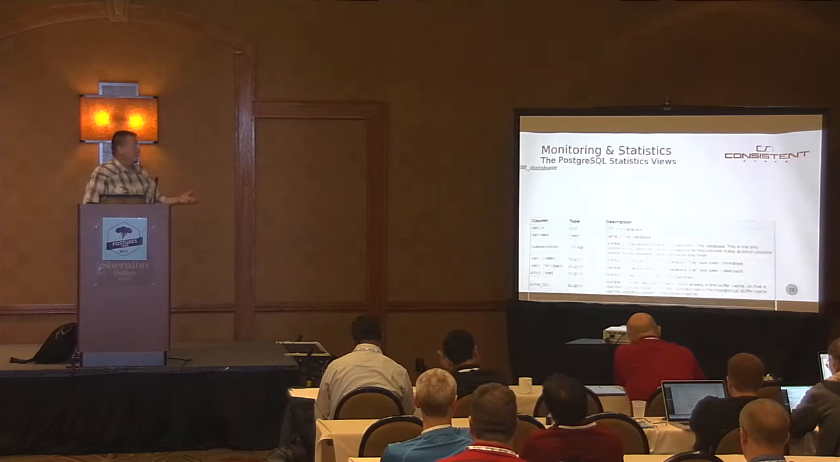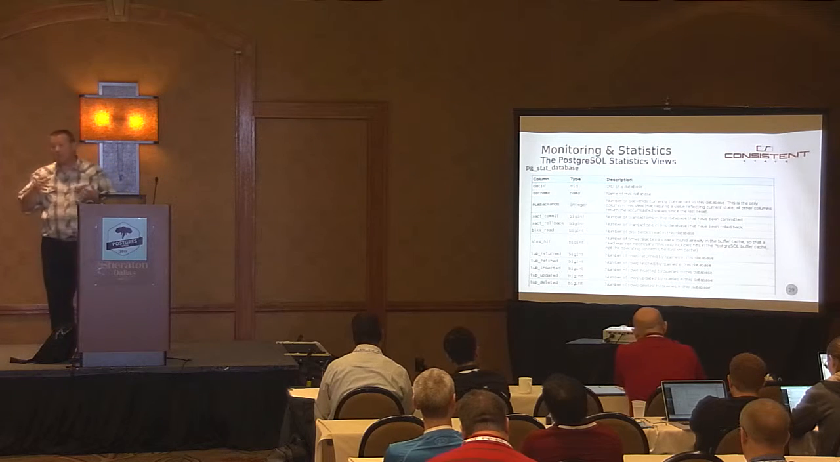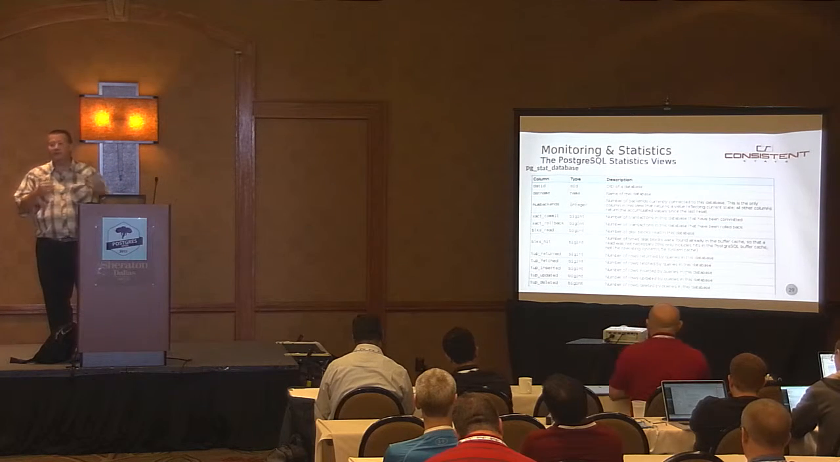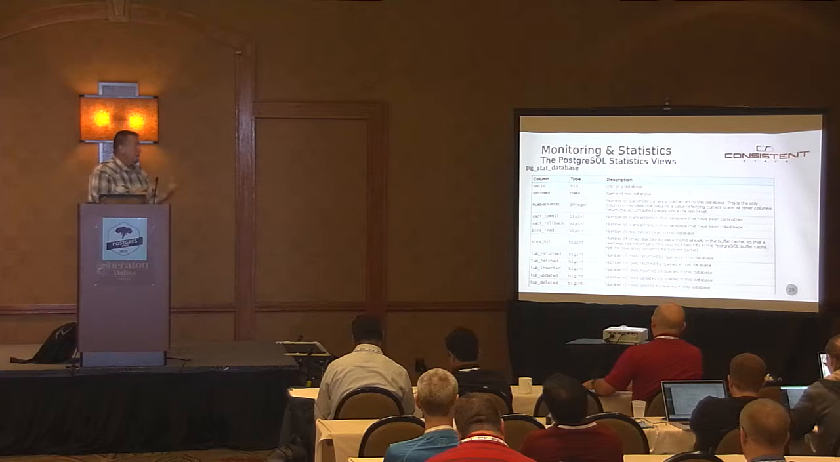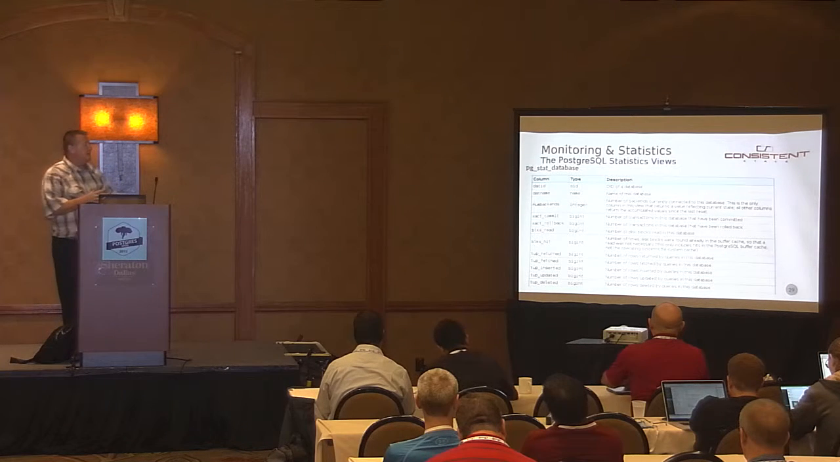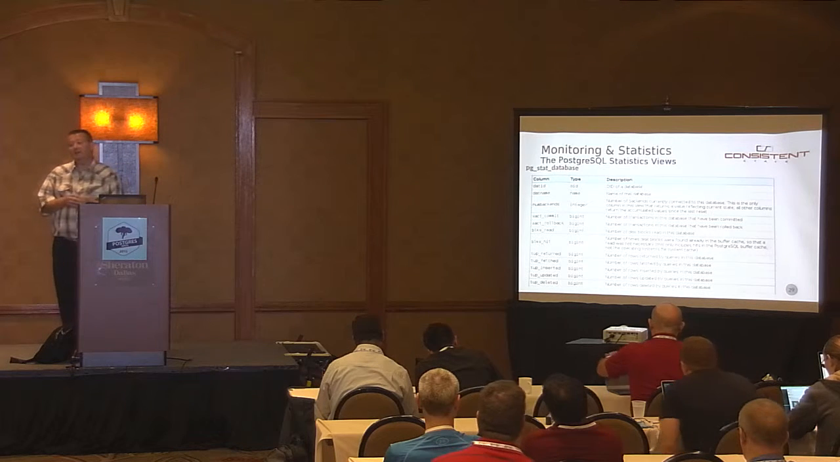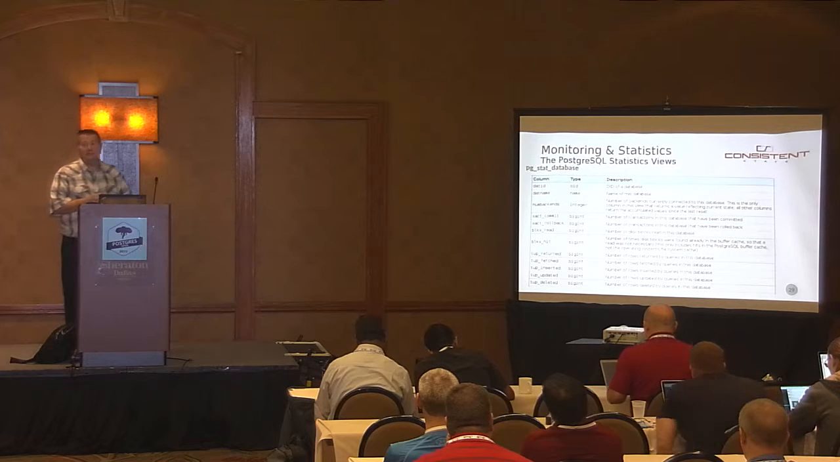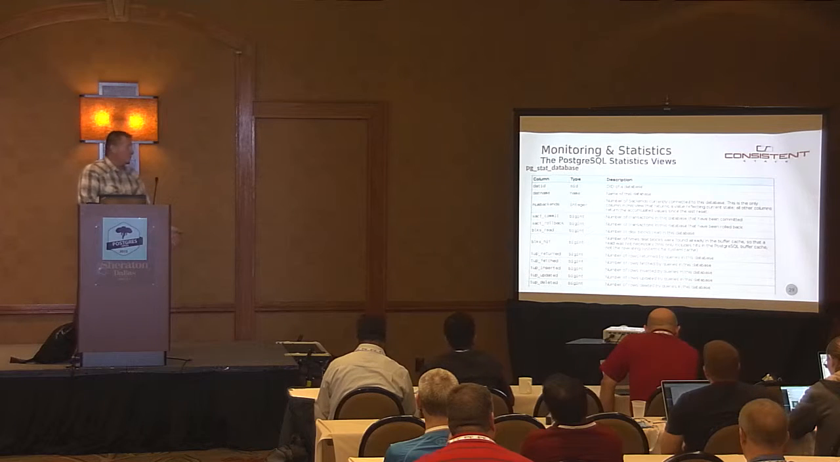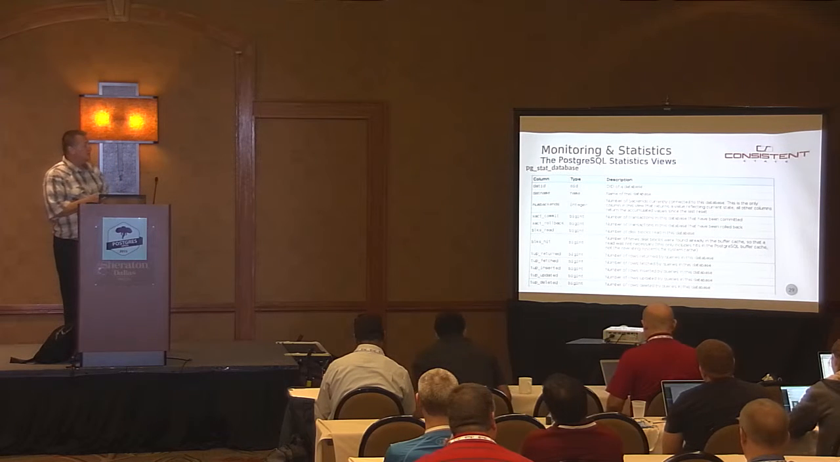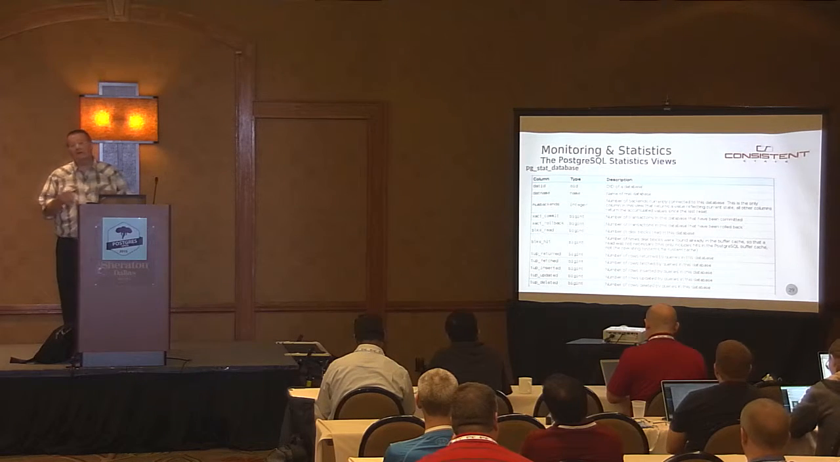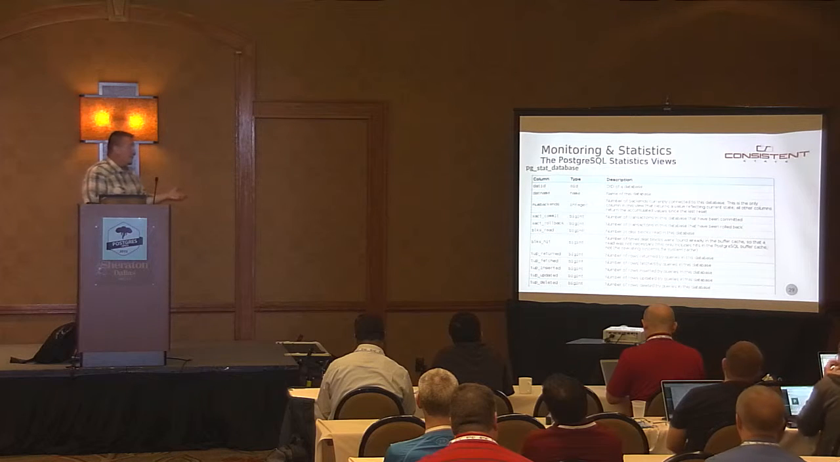Also, there's a table called PGStat database. This has one row in the view for every database in the system. It basically shows us the database ID and its name, the number of backends concurrently actively connected to this database, and then also a number of columns that show us cumulative values against the database,